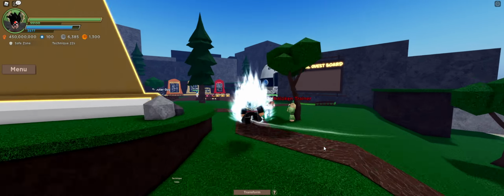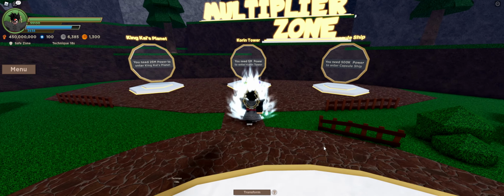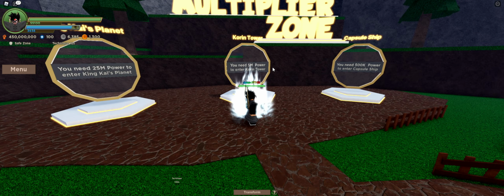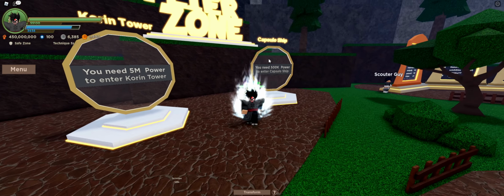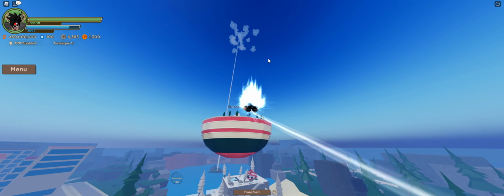Now, I want to talk about the different multiplier zones. So over here, there are 3 zones. Now, I want to say, though, that these 2 zones, King Kai's Planet and Koron's Tower, are practically useless, and I wouldn't even use them if I was you. Castle Ship is very, very useful. I would be using this, but the first zone that you want and you will unlock will be over here